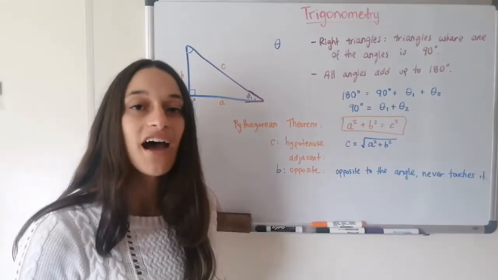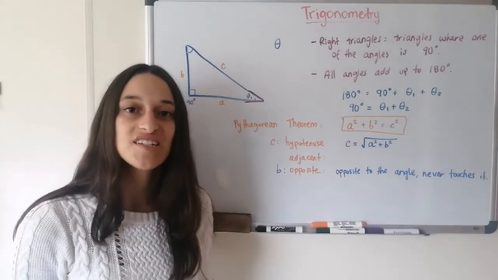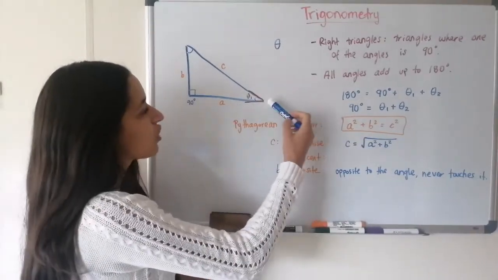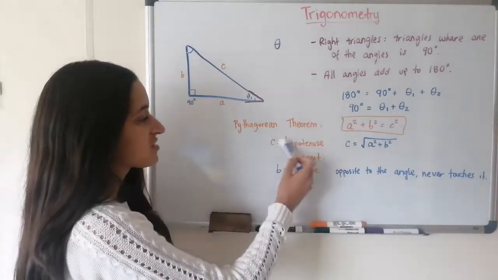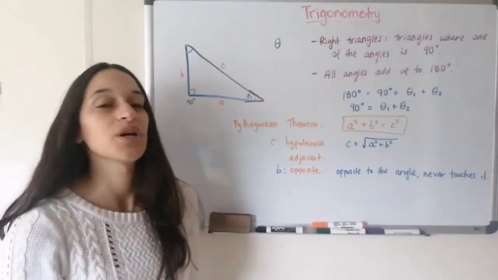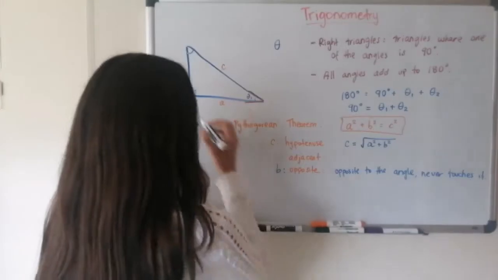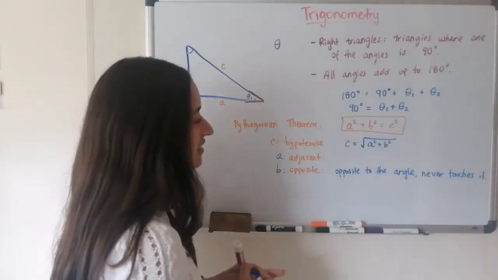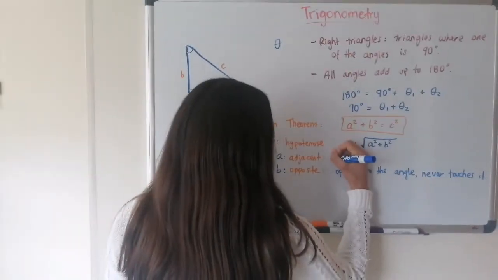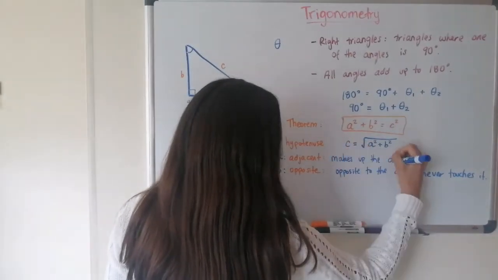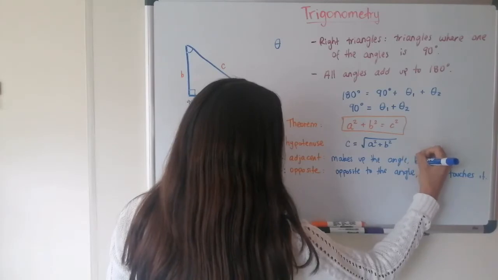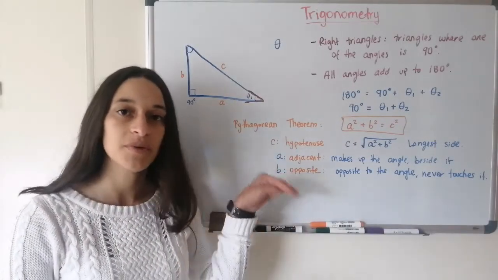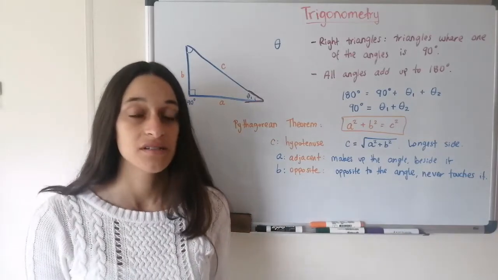The other side that we have is the adjacent. It's called adjacent because it's adjacent or beside the angle. So the angle is always formed by the hypotenuse, C, and by the other side that we call adjacent. So in this case, side A is our adjacent. And it's the adjacent because it makes up the angle and it's beside it. But don't memorize that the adjacent is always the side on the bottom and the opposite is always the side